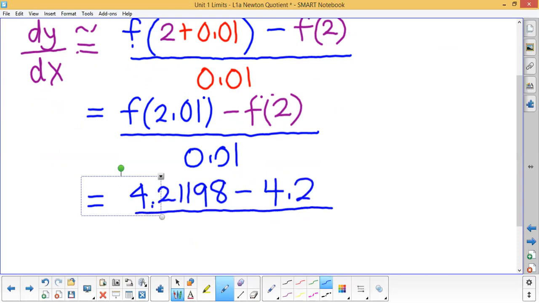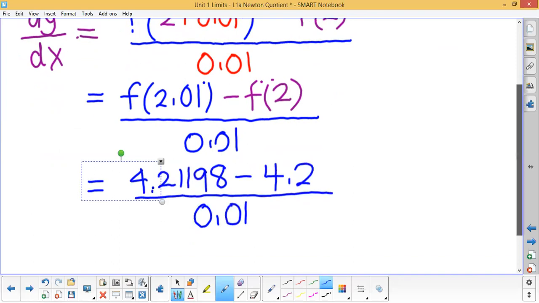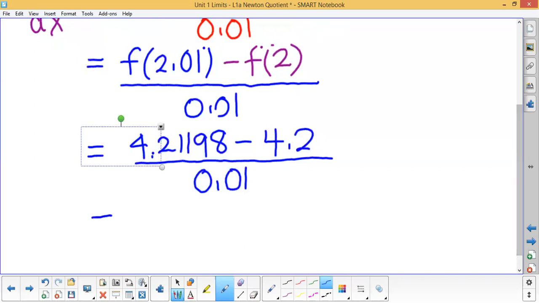All divided by my h value, 0.01. So that's going to be equal to 1.198. Now, this is our approximation. So I want you to remember this value, 1.198. So this represents an approximate